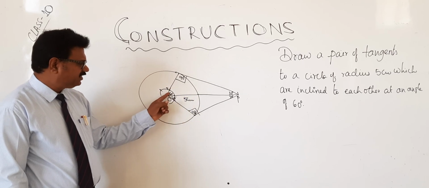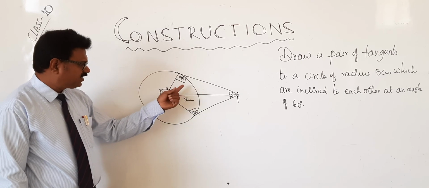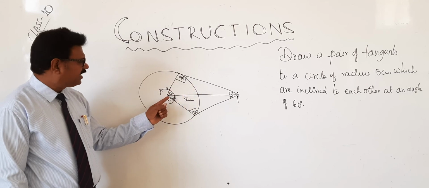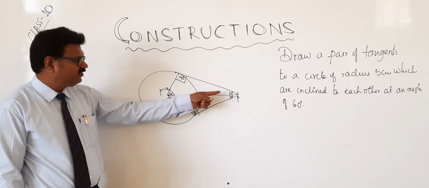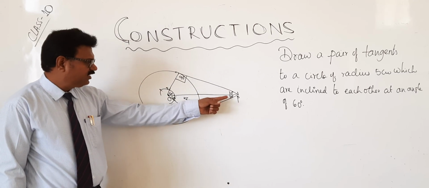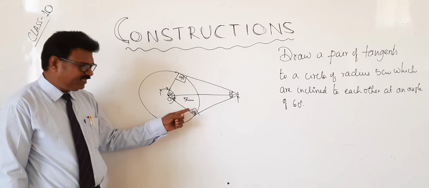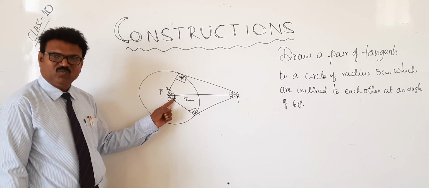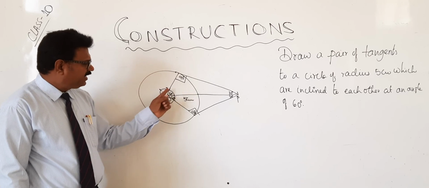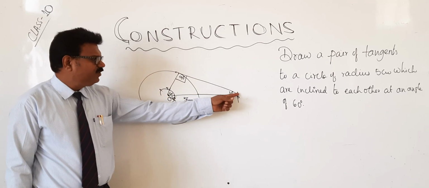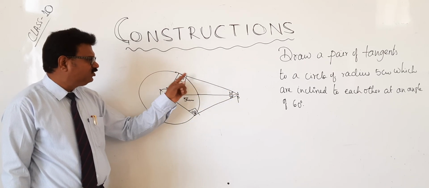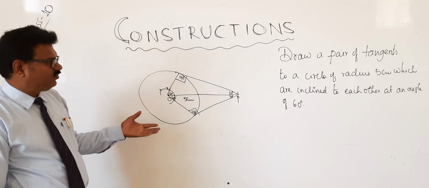Here it is 90, 60, 60, 120. You can check, verify one triangle. 60 plus 90, 150 plus 30 is 180. Here also 30 plus 90, 120. 120 plus 60, 180. So you can draw either like this or from here taking 30 degrees and you can join the tangents. Therefore like this.